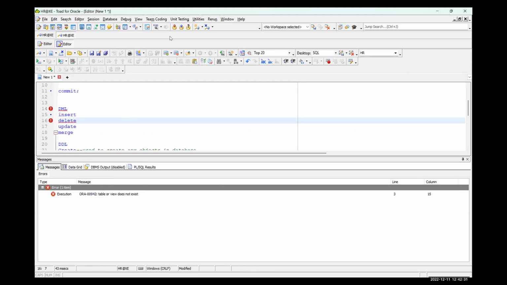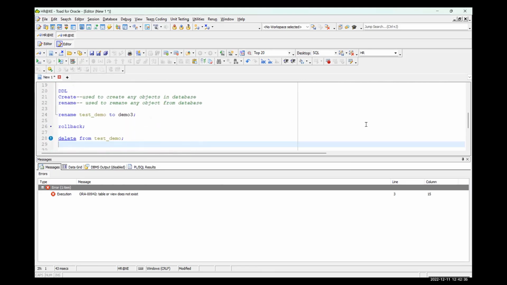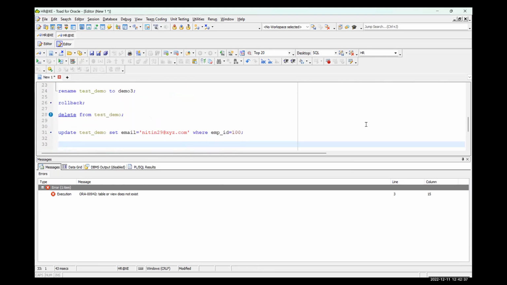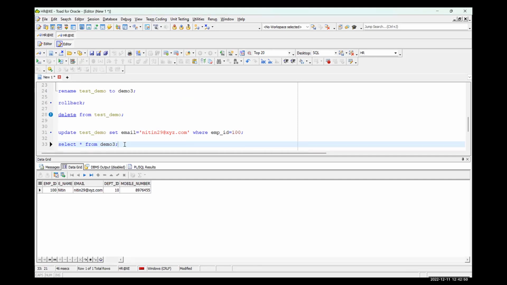So now you have to select star from demo 3. Now you will be able to see the data from demo 3.